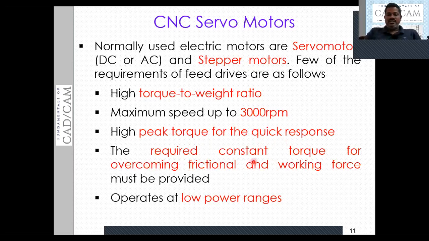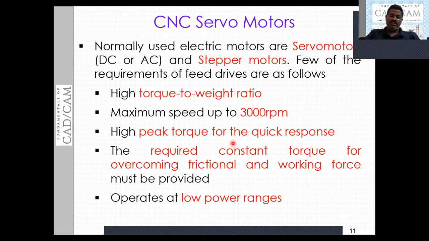The required constant torque to overcome the frictional and working force must be provided. Whenever we are using these drives, they must also be able to provide an overload facility. Sometimes unintentionally applied loads may act on the workpiece, or on the tool. To overcome that, and to overcome frictional torque, since friction also reduces the power, the overload may act on the motors.